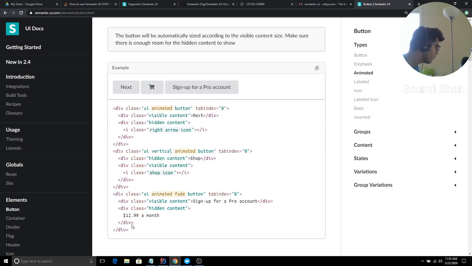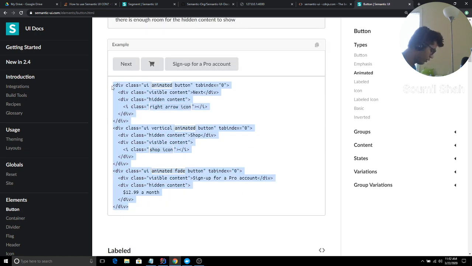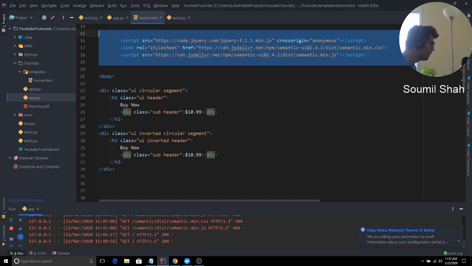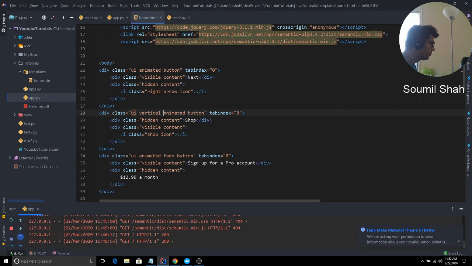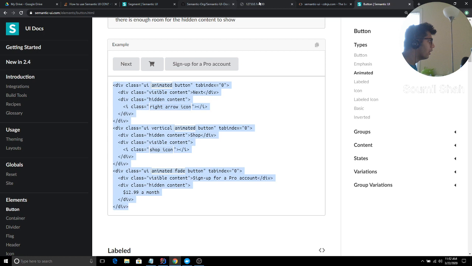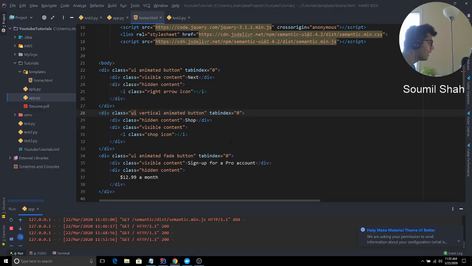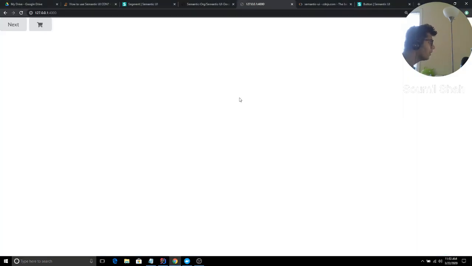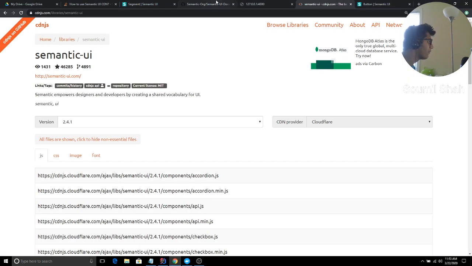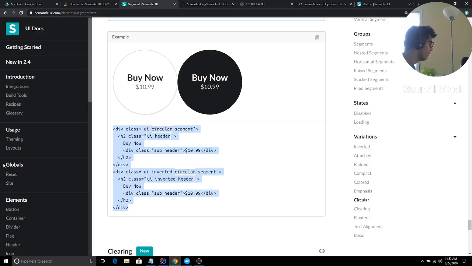Let's try to use it. I'm going to copy this. I'm going to show you how easy it is to use. So just paste it. Now go to your Flask app, refresh that, and you see all this. See, it added all of these automatically, all this hover effect and this cool stuff. It's pretty nice. I would say Semantics UI is pretty good. So you should definitely take a look at Semantics UI.